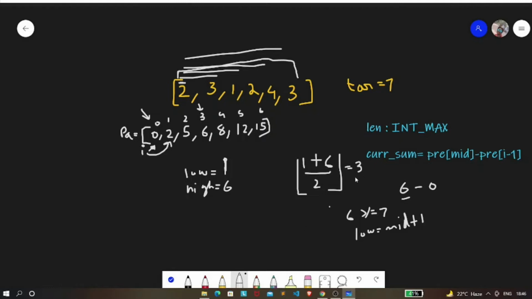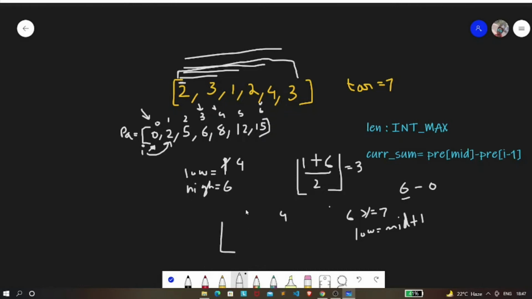Currently our mid is 3, so if we do mid plus 1, low will be pointing to index 4. So our low is over here and our high is over here. Next, again we're going to find a mid element.